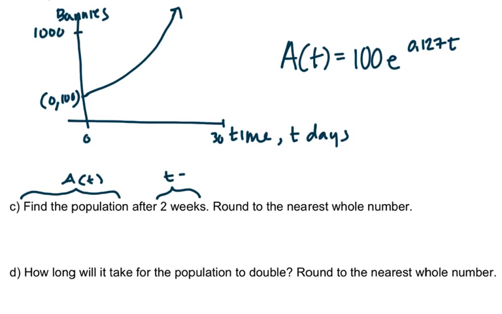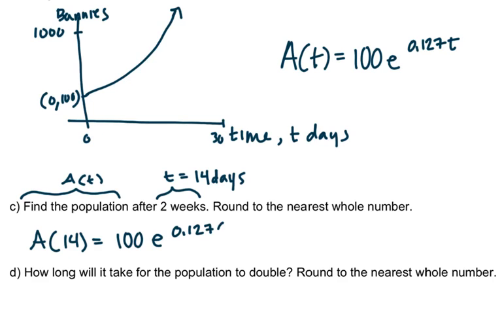So does that mean t equals 2? Remember, the rate is 12.7% per day. So we need to take those 2 weeks and turn it into 14 days. And in this situation, we're just evaluating that function A of 14. So we have 100 e to the 0.127 times 14. And if I plug that in, my output is